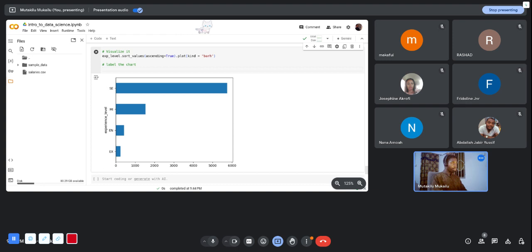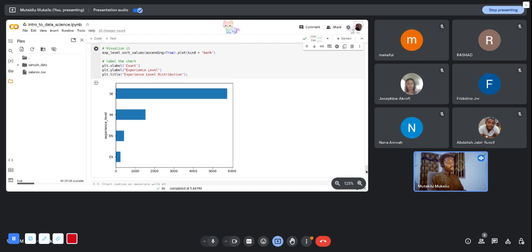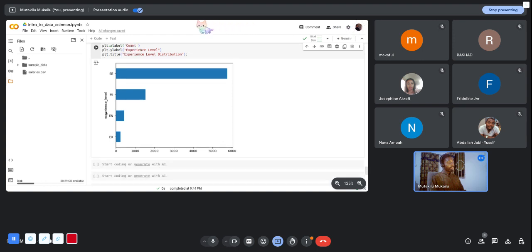So let's give it a title. You can see it has just suggested, and it is true. So I want the x-axis to rather be now. If you do horizontal bar charts, because it is horizontal, you can see that the bars are rather on the horizontal axis. So here the y-axis rather is the values, and then the x-axis becomes the frequency, unlike